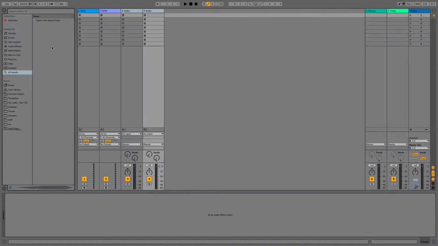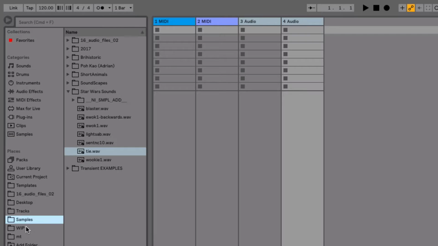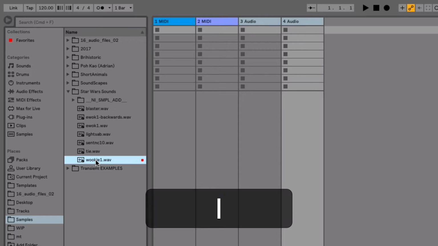A very handy organizational feature in Live 10 is collections and colors. The way this works is you simply tag any folder or file or preset or device that you have in your browser. So I'm going to go into my samples here. I have some Star Wars sound. This is my Wookiee. And I'm just going to hit on my computer keyboard the number 1, for example, and